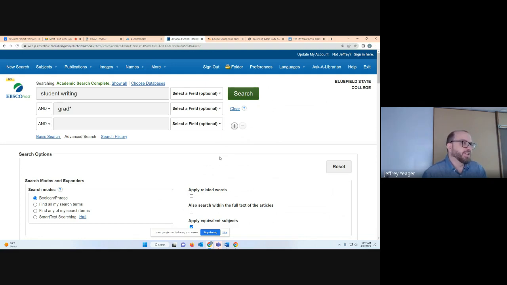The reason why I put the star there, this is a pretty handy trick to know. The reason why I'm putting a star there is because if you do, it'll search for every word that's a variant of that spelling. So grade, grading, grades. It'll search for all of those if I put that star right after those first four letters. That's a handy trick to know, trust me. That's a really nerdy thing to know, but it's a pretty handy trick to know. Let's see what it comes up with.